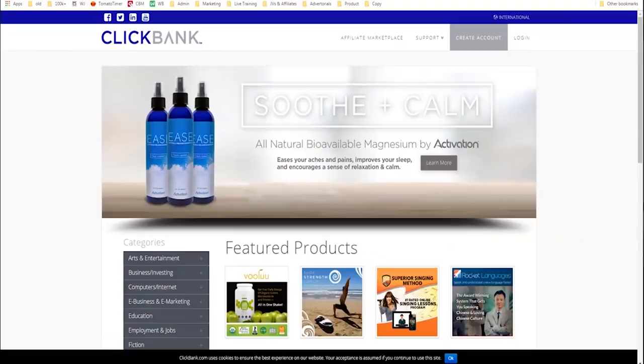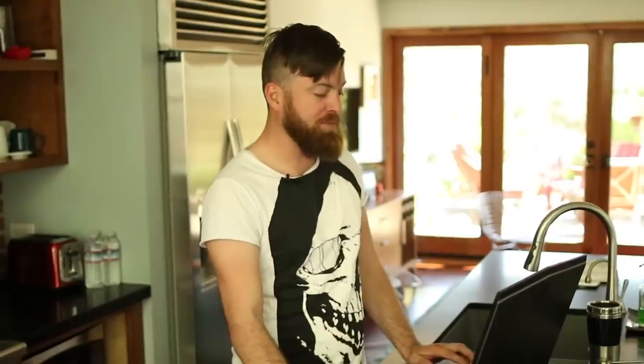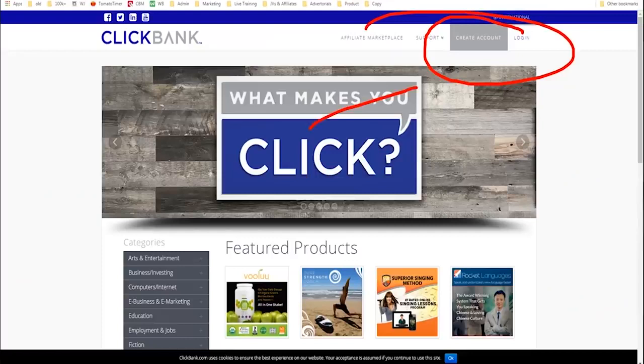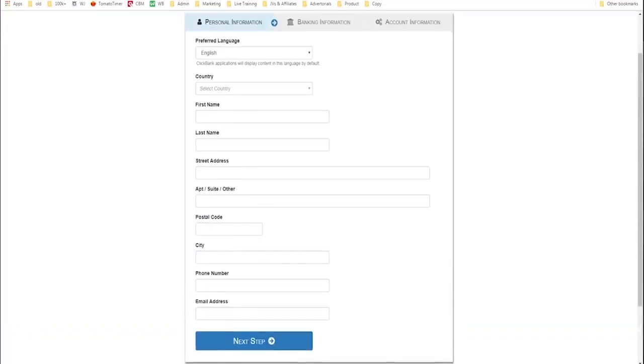So first off, you'll want to go to clickbank.com, and Clickbank will accept people from every country in the entire world except for 2, and I think that's Nigeria and North Korea. So if you're in any other country than Nigeria and North Korea, you can use Clickbank. But what you have to do is sign up. So first thing you do is you create an account. And it will ask you for some personal information. It'll ask you your address and all your bank account information, because that's what it needs to actually pay you